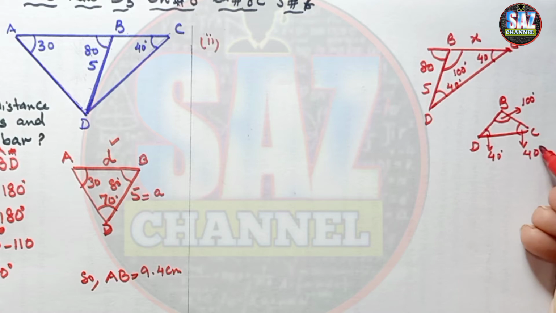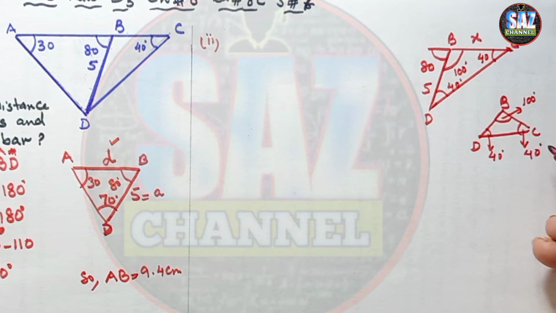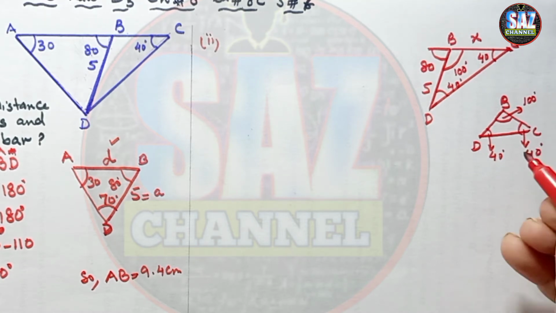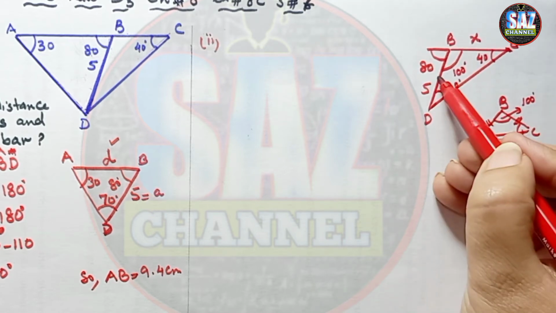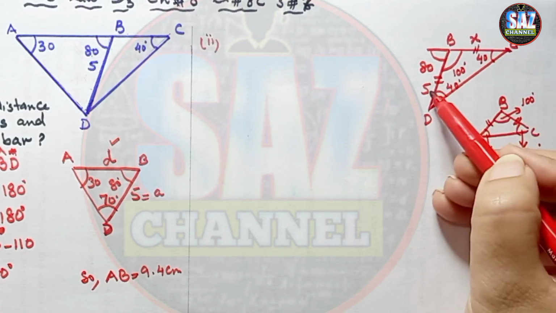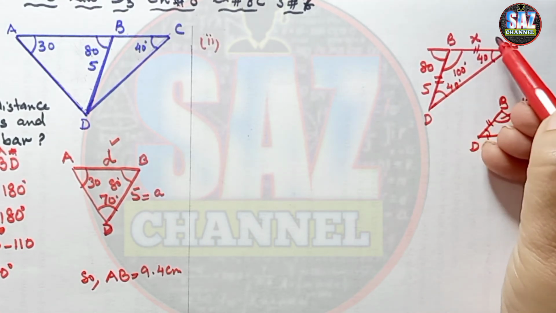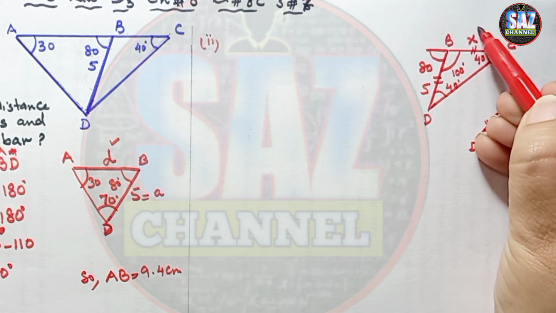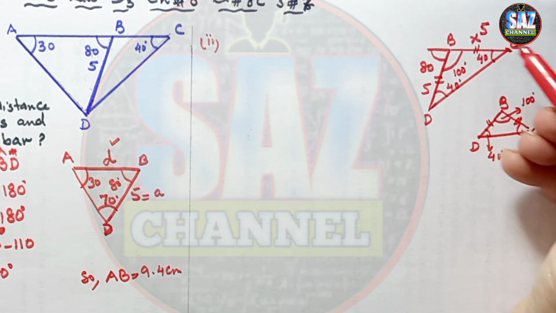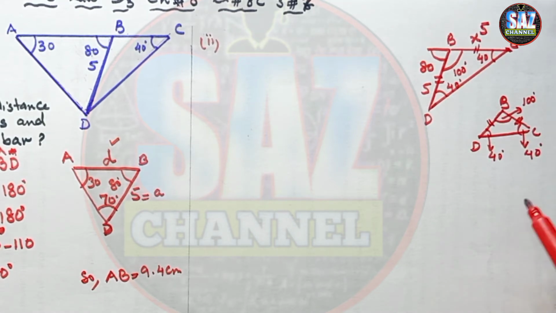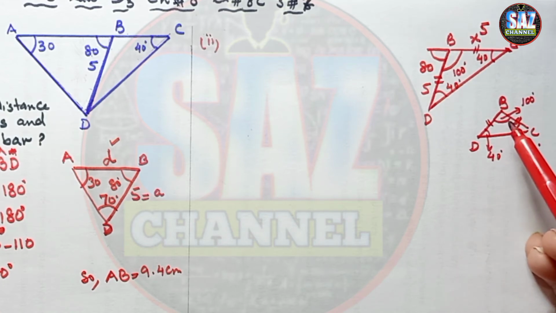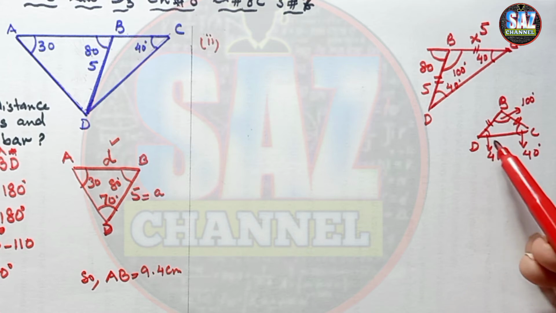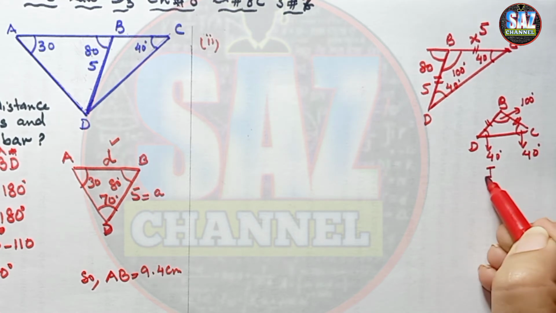And recall, when two angles of a triangle are of the same measurement, what type of triangle is that? That is an isosceles triangle. If it's an isosceles triangle, these two sides will also be equal. So if it is 5, this will also be 5 centimeter. If you want to do it logically, you can give the reason to the examiner by drawing this diagram: this angle is 100 degrees, this is a 40 degree angle, this is a 40 degree angle, and this is an isosceles triangle.